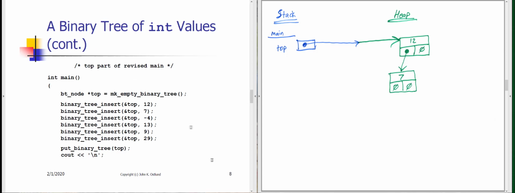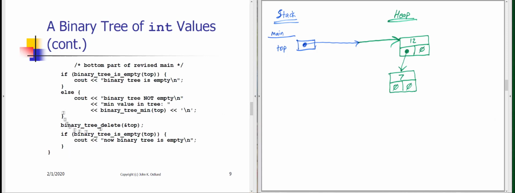Okay, so returning to our main function on slide 8, we have first created an empty binary tree. We have inserted 6 values into the tree. Then we're going to call put binary tree, which will display those 6 values in ascending order. The second part of the main function we have modified a little bit to call a couple of other